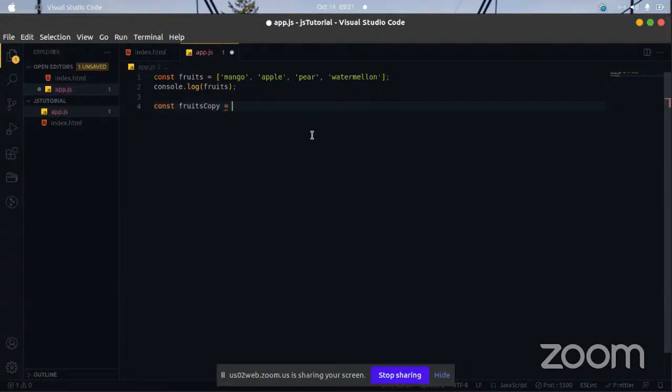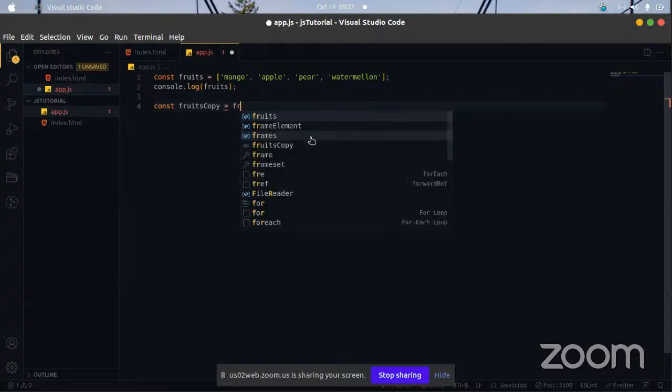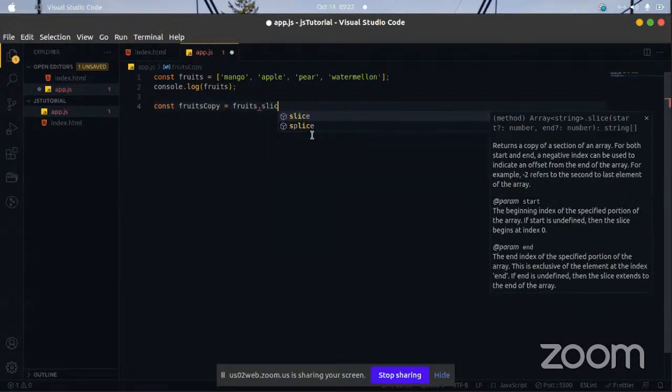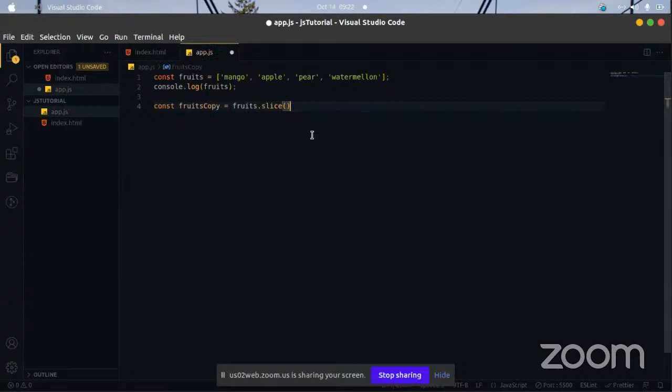There is a method we use to copy arrays, and it's called slice. There are two ways you can copy an array. The first one is slice. And how do we use slice? You could say fruits dot slice. It's actually a method.